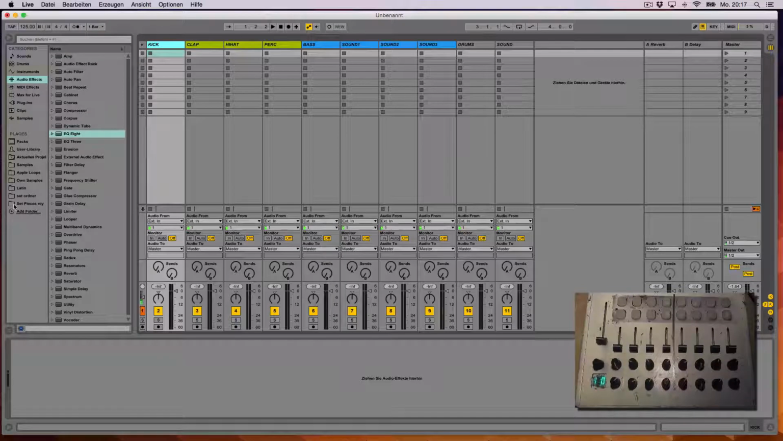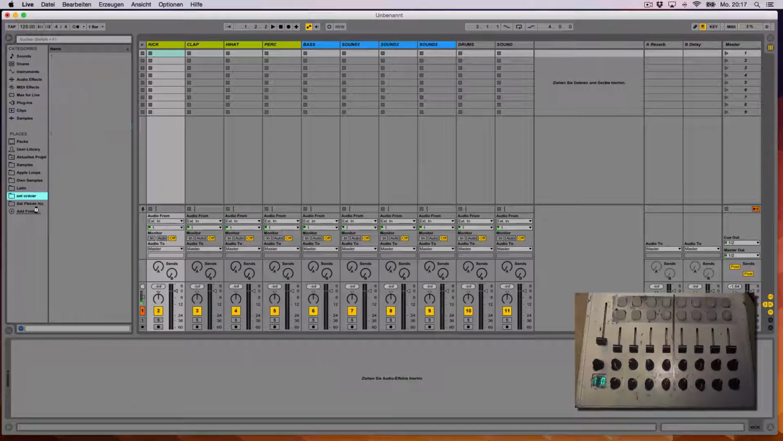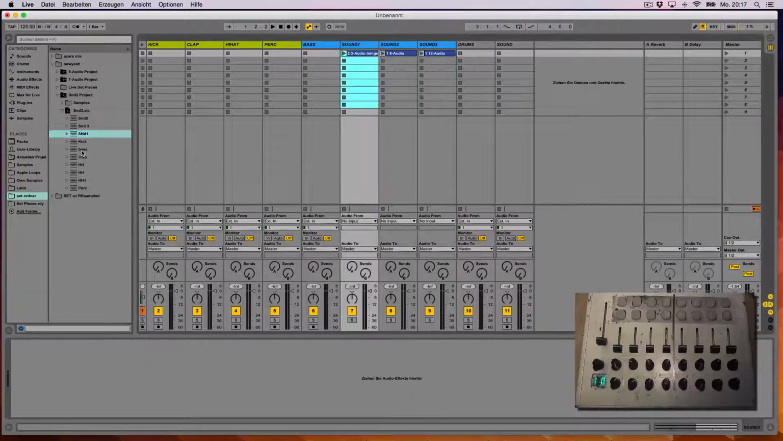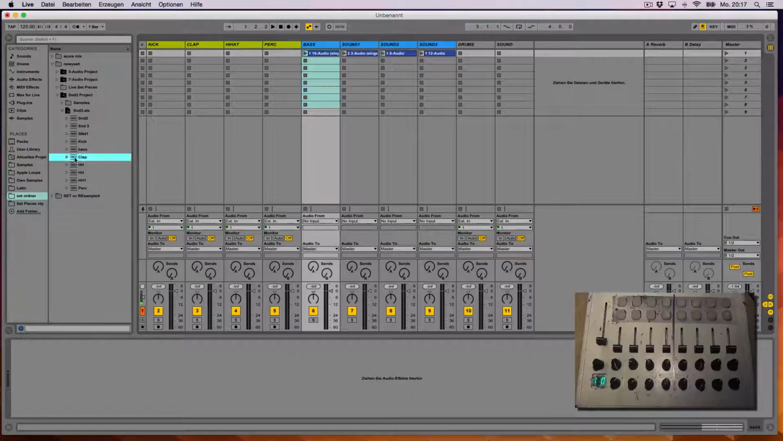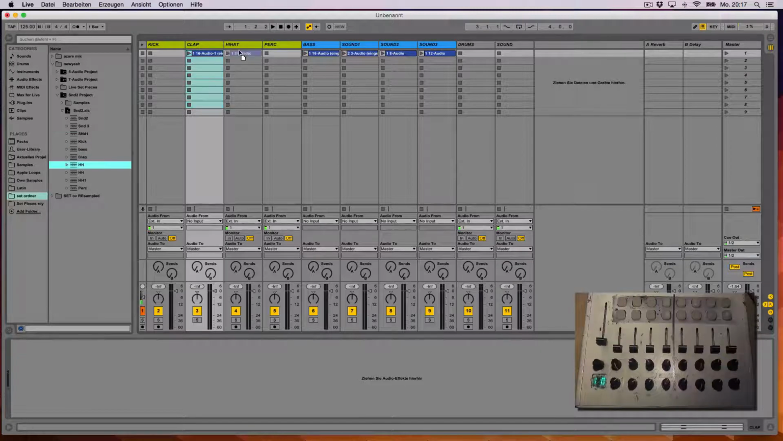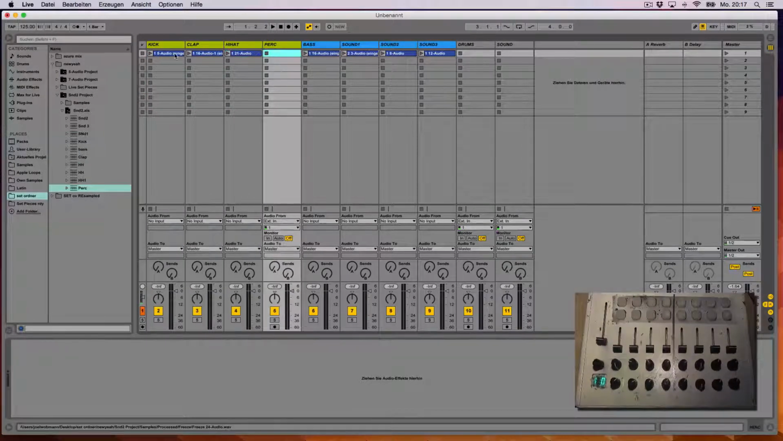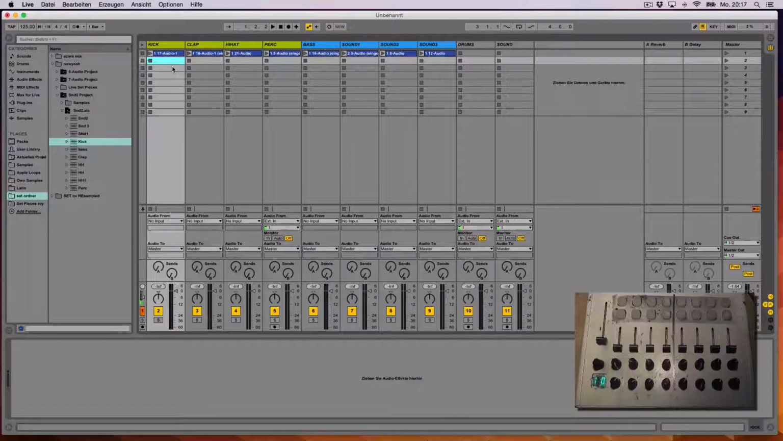But before I do this, I have to put in here my track. I'm going to choose this here, and I'm going to take this to the right places. Sound 1, bass, clap. That's it. That's now an easy form of how I arrange. Normally it's a little bit more complex, but to show you the idea behind the set,